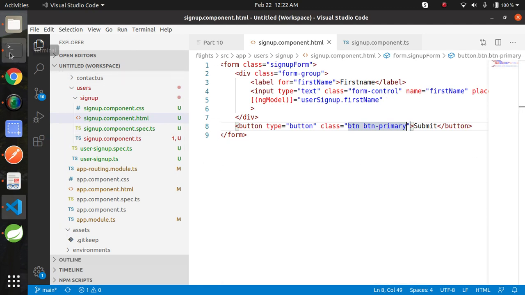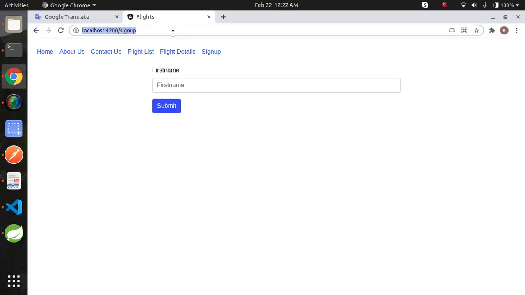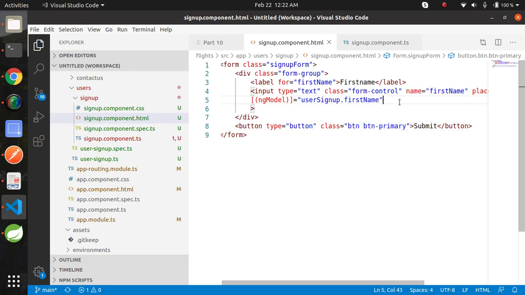Now save, go to terminal. Yeah, it's looking fine. Now we need to add built-in validation.